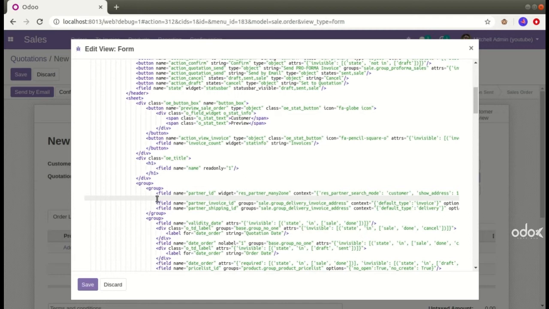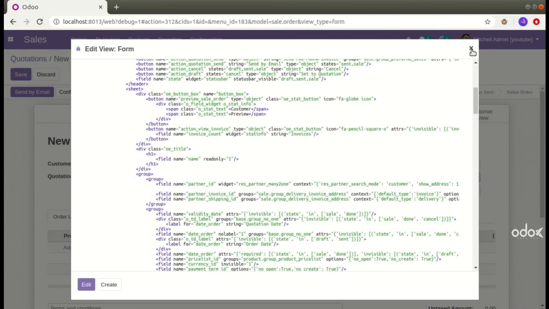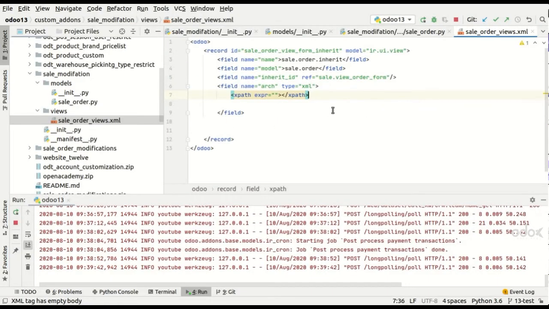So let's go back and make the respective changes in the PyCharm. Coming back to the view file, I'm going to give that XPath expression here. I'm going to give the exact location, starting from the group, then slash, again it's inside a group, then after a particular field name partner_id.